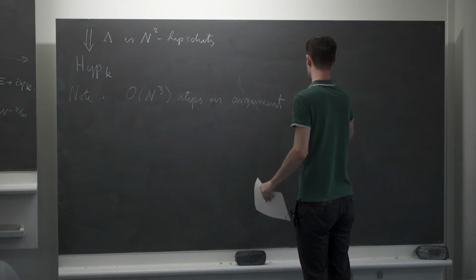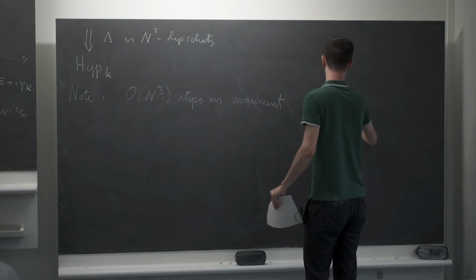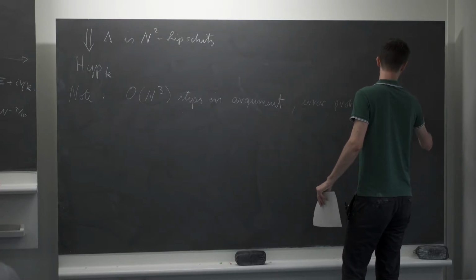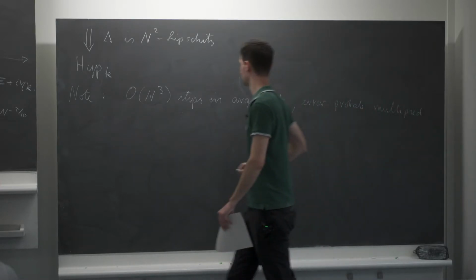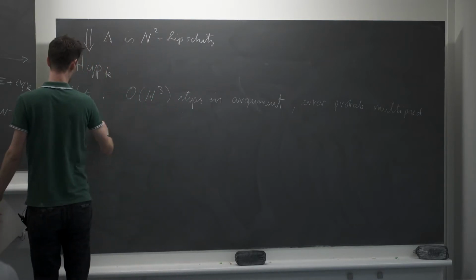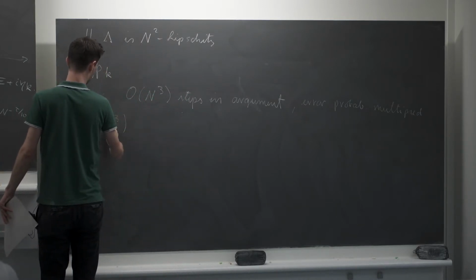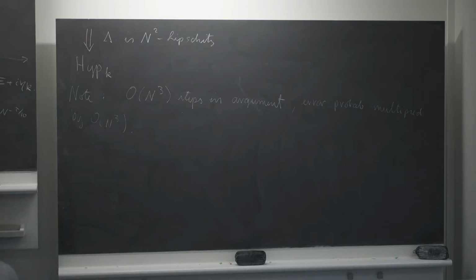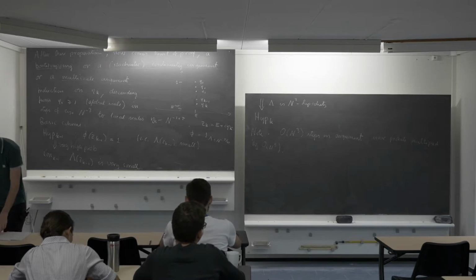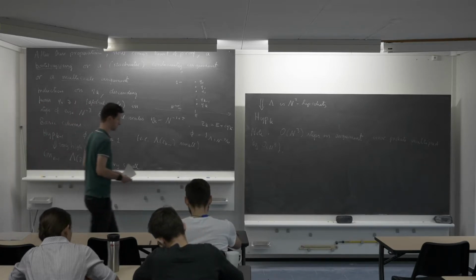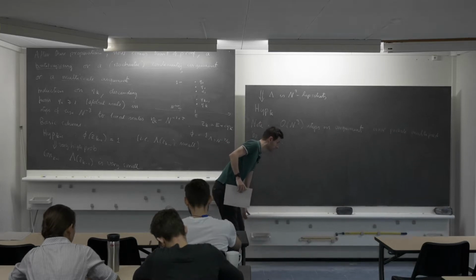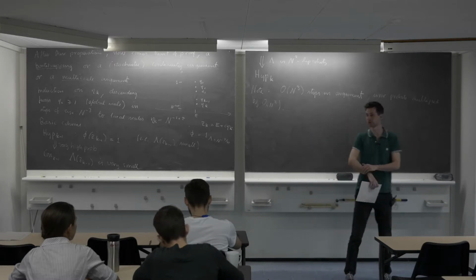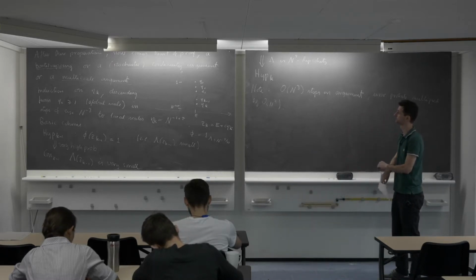So the error probabilities are multiplied by the order n to the 3. Okay, so this is to give you an idea of where we are headed. That's going to be the main argument, and this will conclude the proof. I think we won't quite have time to finish the whole proof today. We will conclude it next week.